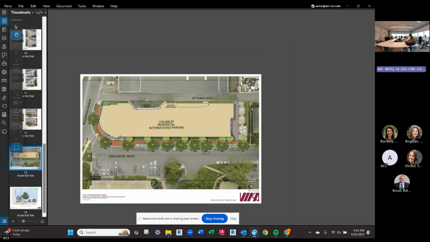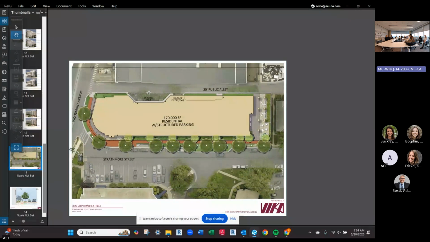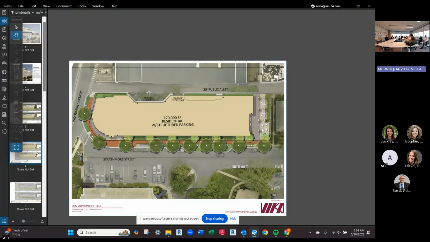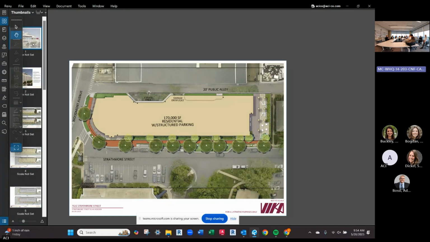Thank you. And that's the end of the presentation. So, questions, comments, shoot. I think these are great improvements, giving a little bit more breathing room at the corner of Woodmont and Strathmore. I think this is a good idea, the specialty paving. I noticed that on the tower, you have projecting mullions that gave more of a sculptural element. I actually like that, but